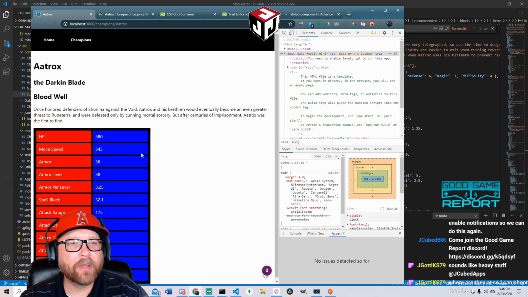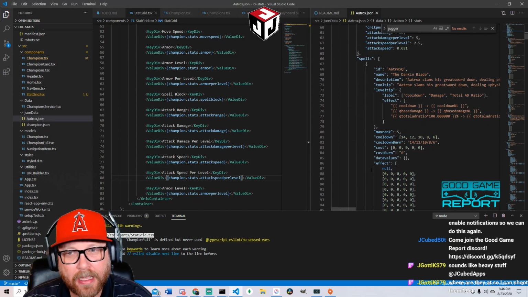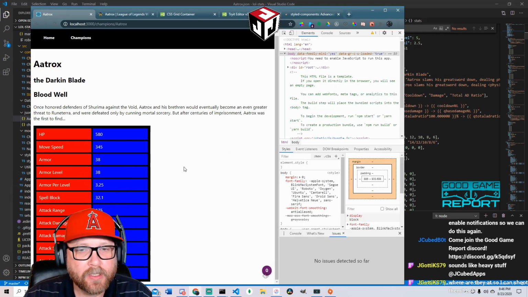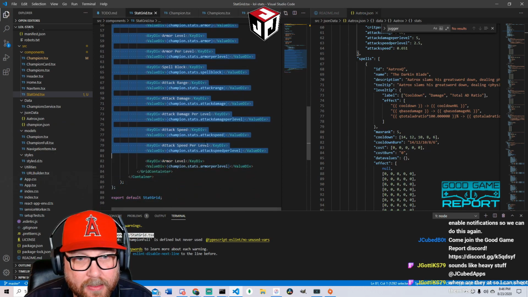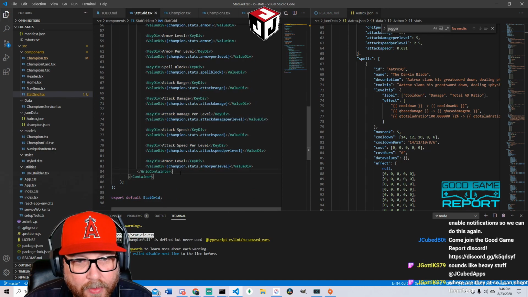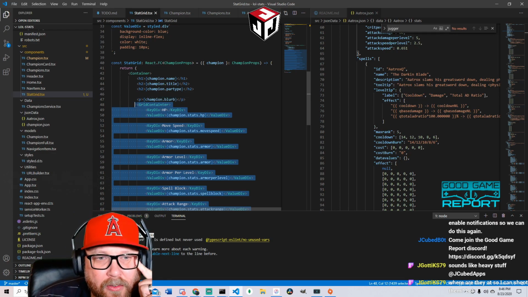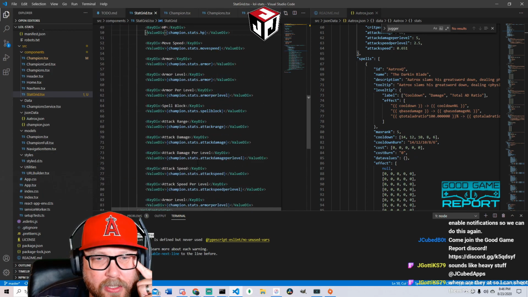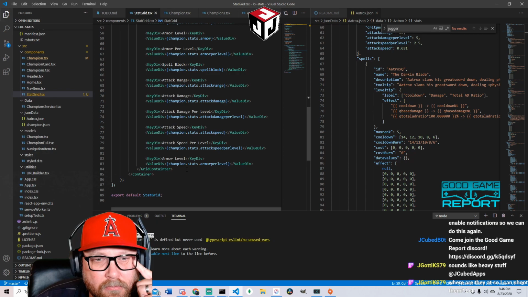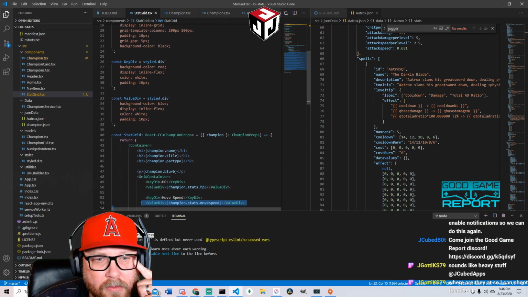All right, so we kind of got the basics of the data that we're going to display here. But also, I'm going to have to move all this out because of this grid container. So I should continue with the stats and then just return a grid container. I should just pass in stats. That's what I should do. I wonder if I can.